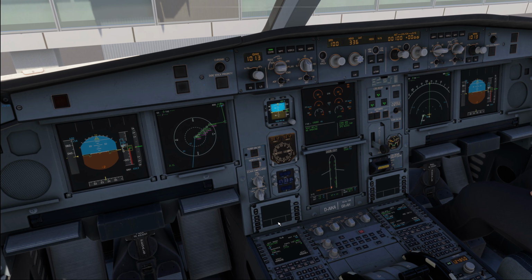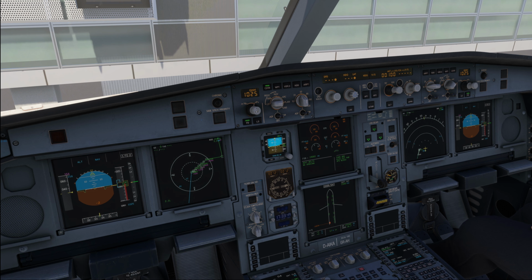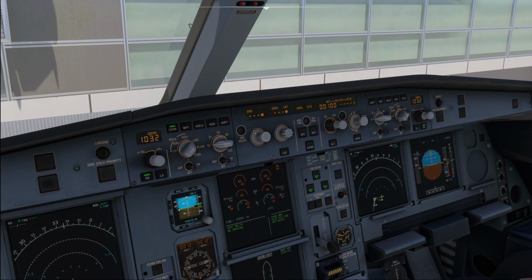Now, once the FMS preparation is completed, we are going to move up to the glare shield panel and set the glare shield up. So basically we want the flight directors on both sides. We are going to set the correct QNH, so 1032 today. We select the arc mode, and usually 10 is the range for takeoff. Constraints are normally selected for takeoff, and then moving on to the FCU, the flight control unit,